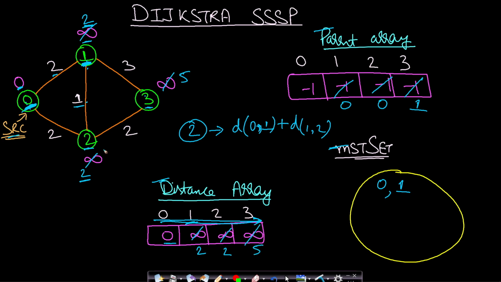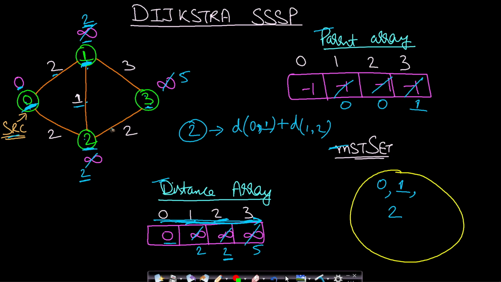Now again go through this entire distance array and pick the minimum which is not included in the MST set. So 0 and 1 are included, so we have a choice between 2 and 3. We will include this 2 because it has the minimum distance value. Include this into our MST set. Now we will relax all the outgoing edges. So from 2 to 0 it will not be relaxed because 0 and 1 are already included. We will not consider these edges. Now from 2 to 3 we will try to relax.